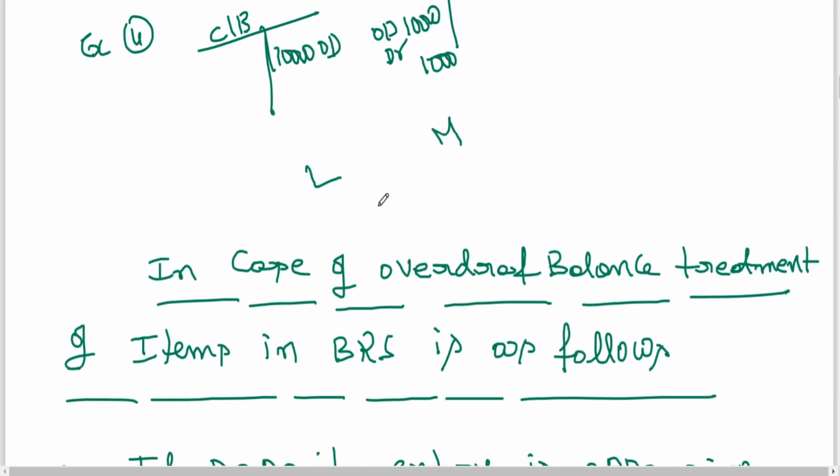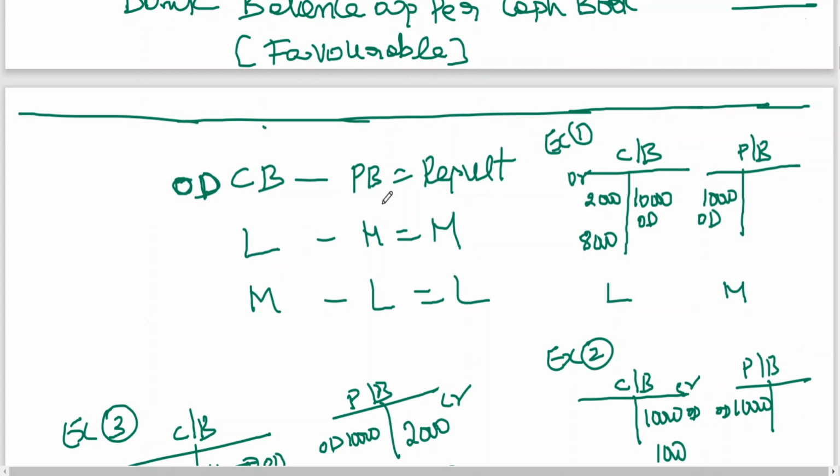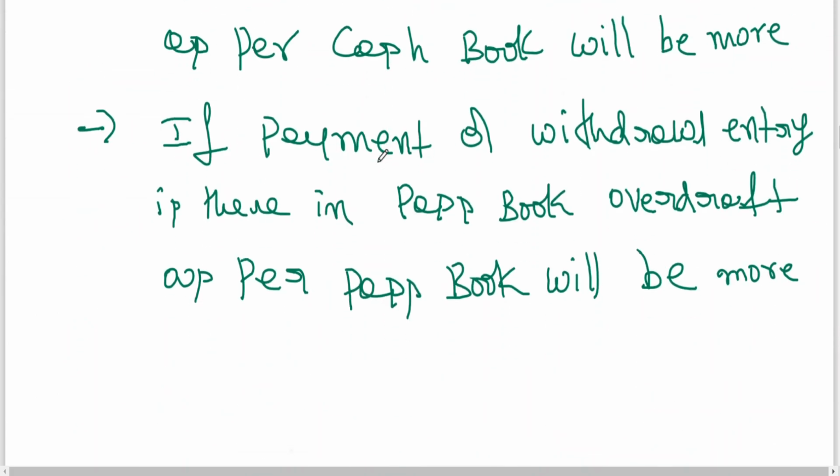From the examination point of view, some people might have learned this also. Some faculty simply say that if it is less in favorable, the answer is more in overdraft, just opposite. I don't want to explain like that. In a professional course, you should go by reasoning. That is why I'm trying to explain by the reason. Otherwise, by this time I could have told you: whatever you do for favorable, first find out and then just do the opposite. If it is added in favorable, it is to be subtracted. If it is subtracted in favorable, it should be added in overdraft. We can do it like that also. But I just want to explain the treatment of overdraft. I hope this has given you some clarity.